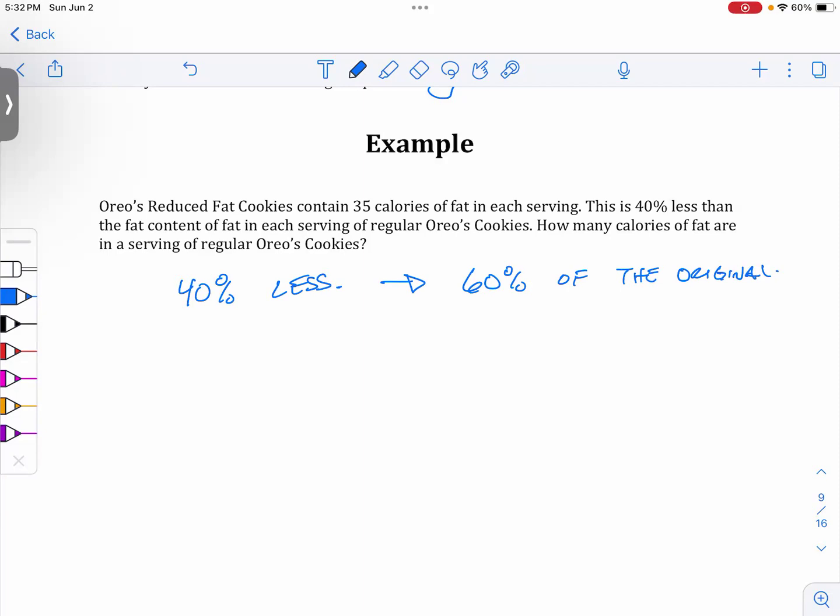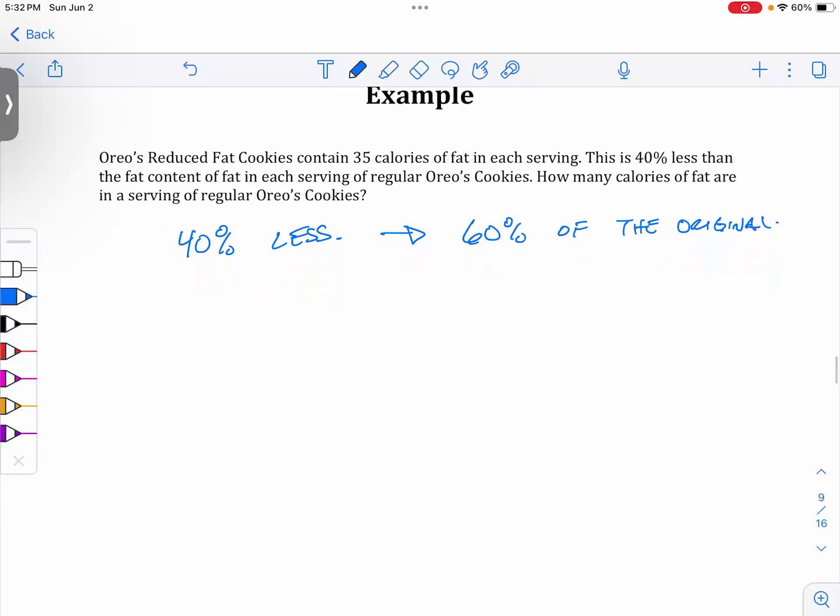Right? It's a discount. 10% off of something that costs $100 means that you're paying 90%. And so that's the big thing. So when we set this up,